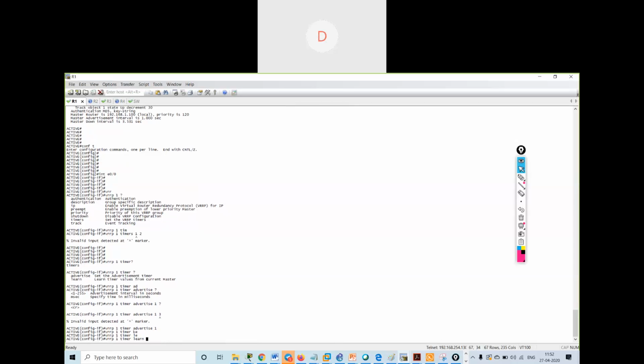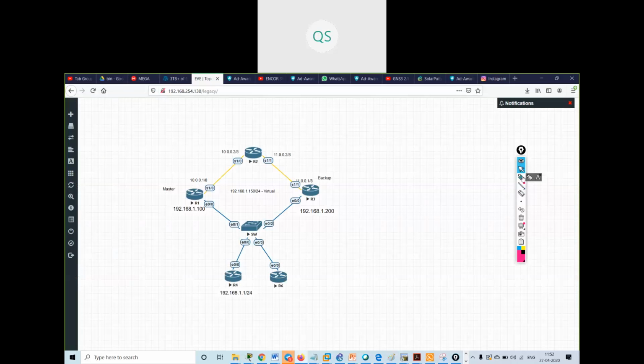See, the timer is something that sends a hello packet. These two routers will communicate with each other. This router will send a hello packet every 3 seconds by default to say that I am up. If within 3 seconds this router does not receive any hello packet, it will wait for 10 seconds. This is known as the hold down time, hold time.